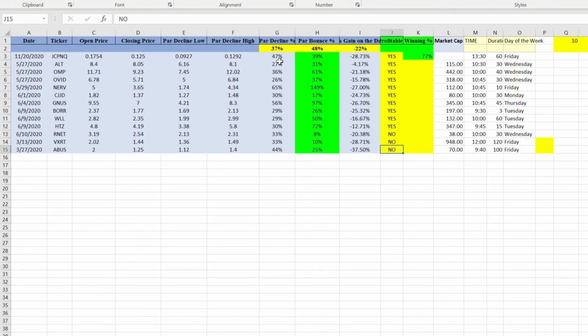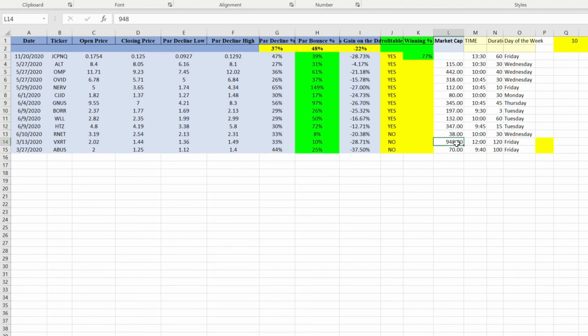Now I see that for all of my profitable trades, if I look in the market cap column, all of my trades were in the range between 100 million market cap to 500 million market cap, right? So that's the first point that I want to make. I'm looking at the market cap and I'm thinking, okay, so I'm more likely to make money on lower market caps,